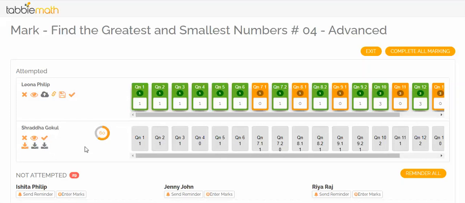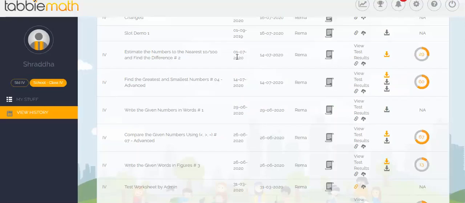I'll also take a few minutes to show you where a student can see the comments that are input by the teachers. What you're seeing here is a student's history page. When a student completes an assignment, the assignment goes into the student's history. And in the history, they can track all the completed assignments, all the files they had uploaded against an assignment, what percentage they scored, and so on.